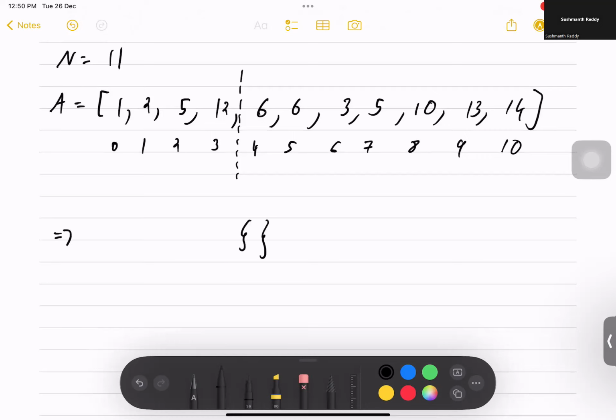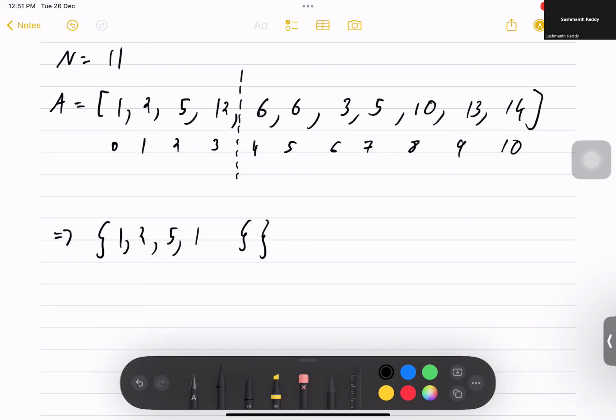empty suffix. For each strictly increasing suffix, we are finding the longest prefix that can pair up with that suffix. This prefix is strictly increasing, so if some longest prefix can pair up with the current suffix, then a prefix with smaller length can also pair up, because the values are strictly increasing. If a higher value can pair up with the starting index of the suffix, then lower values can also pair up. Right? So for an empty suffix, the longest prefix that we can have is 1, 2,